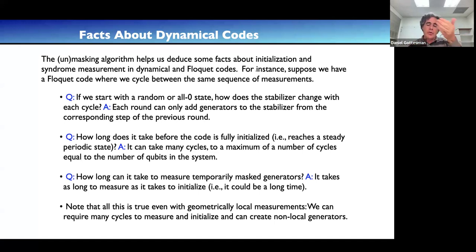So every time you go around, you get to the same place in your cycle again, the same measurements, and the generators that were in the ISG before are still there, but you might have some more. Furthermore, if you stop adding generators, so if you have one cycle where the number of generators is the same, then that means you have stabilized.